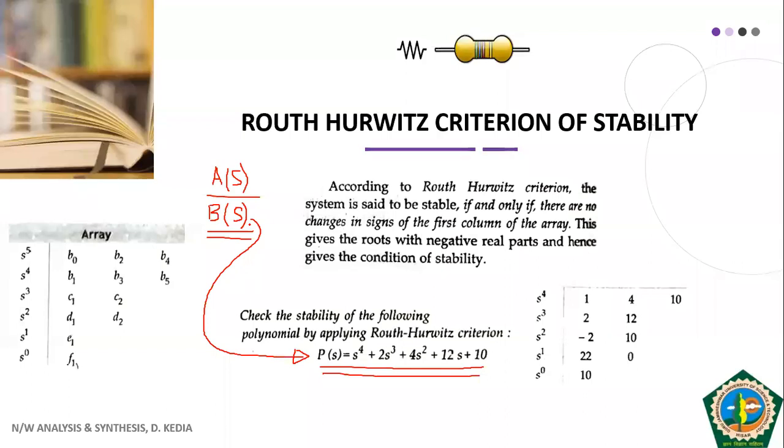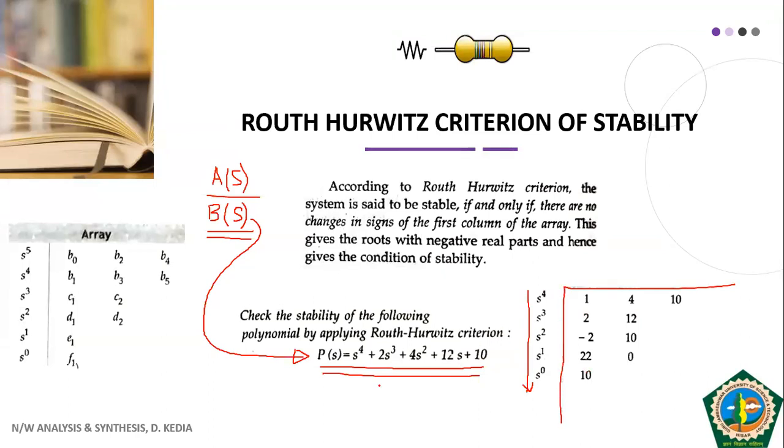You will also read these things in due course of time, in other subjects also, but for the time being you can assume this polynomial as the denominator polynomial. We also call this polynomial the characteristic equation. But you need not go into much detail at this stage. So this is the polynomial. We have s raised to power 4, s raised to power 3, 2, 1, s raised to power 0. So we have written it like this. Then we put two lines like this, one horizontal, another vertical.